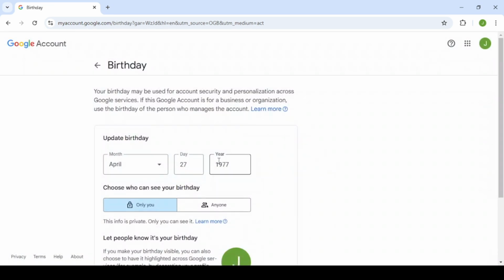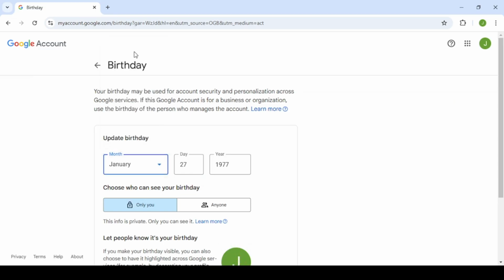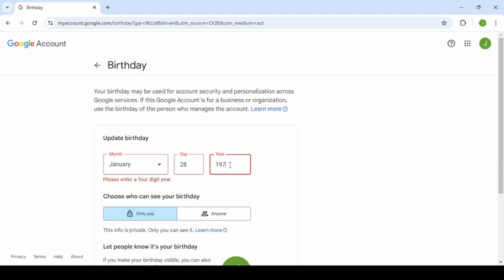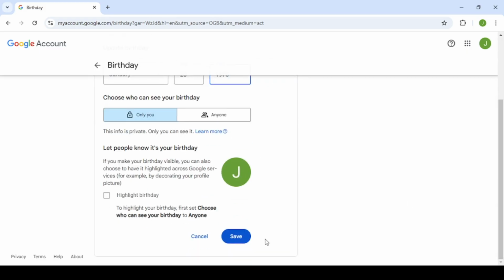So we want to make changes to our birthday. So I'll click on the drop down menu for the month. Say I want to change it to January, and then I can change the day to 28th, and then I can also change the year to 1978, and then after I will click on save,